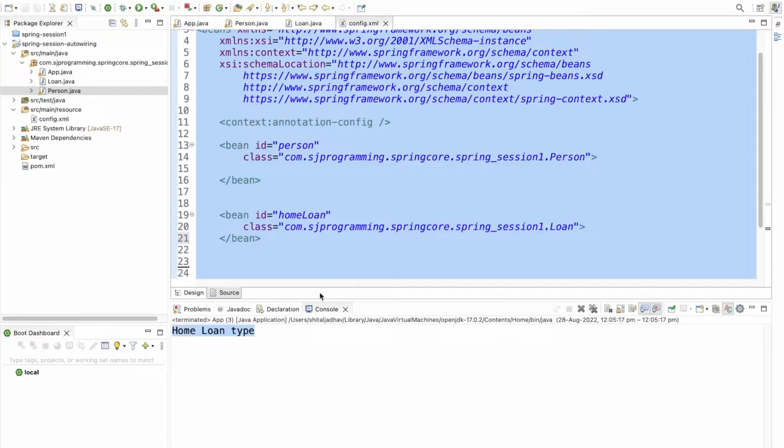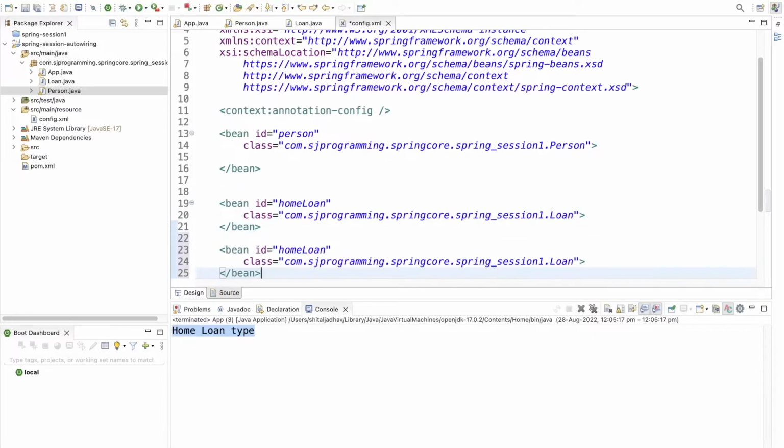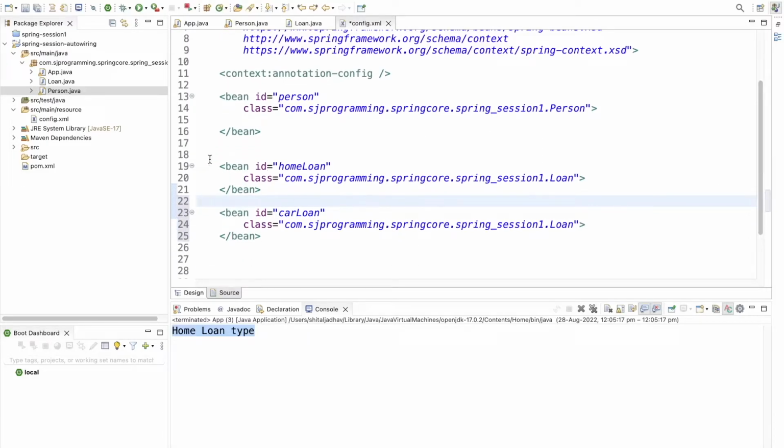Okay, now let's create one more bean here. So let's copy the same thing, and here we will give the id as carLoan. Okay, now here we have two beans, one is homeLoan and one is carLoan. Okay, now if we run this application,